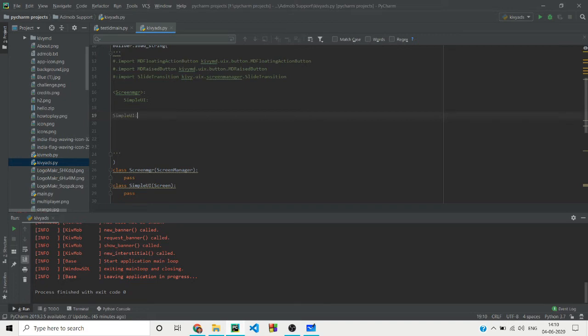So now I am making the simple UI. The name of the screen is, I will call it UI, and this screen consists of some buttons. So we are making the home screen, which has different types of ad buttons. I'm making a button for interstitial, and when we click on it, a new screen appears, and then it shows the ad. So I'm making a raised button. The raised button text should be,